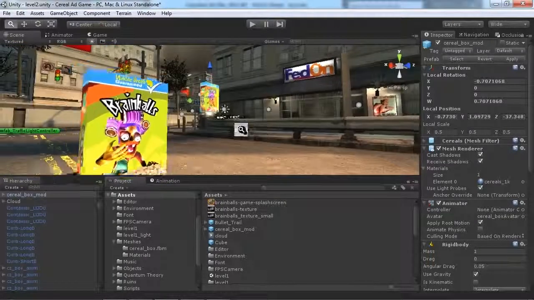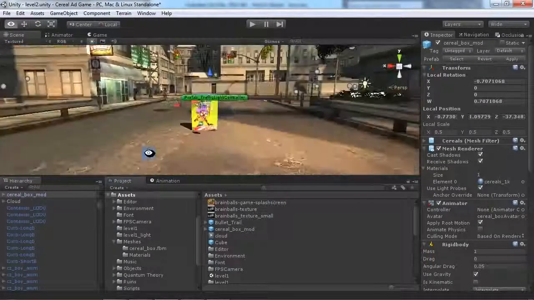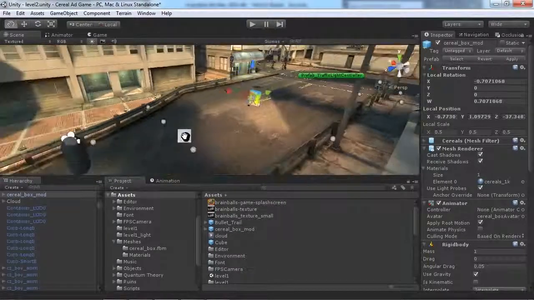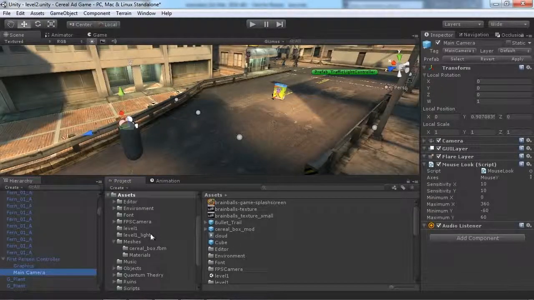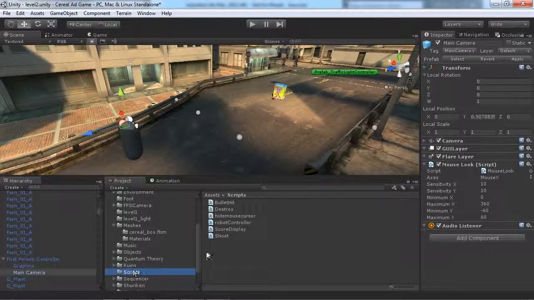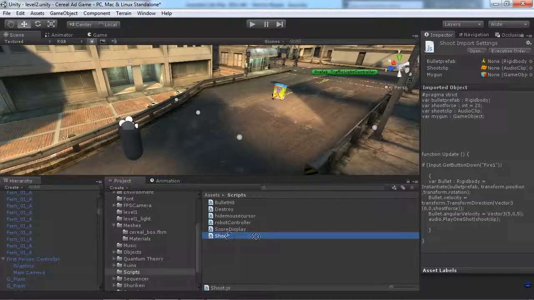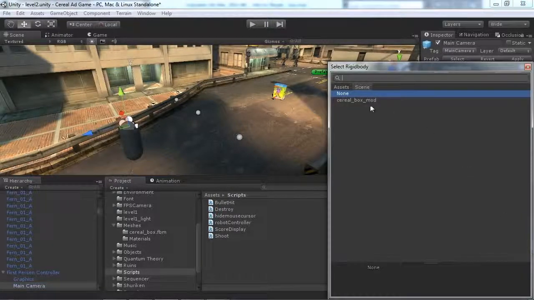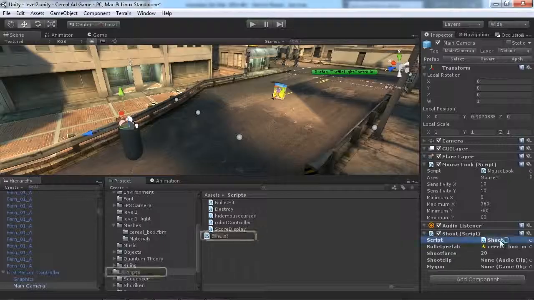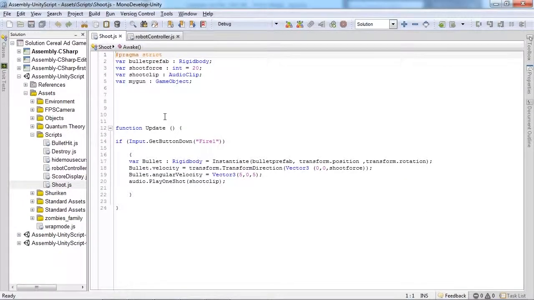So there's one script I need to assign to my first person camera, which actually enables me to shoot these boxes into the environment. So all I need to do is get that script over here and drag and drop that onto my first person shooter main camera. We're going to have a look at that script in a moment. So for now, it's asking me for the bullet, I just assigned the box as the bullet, and all the script does is basically